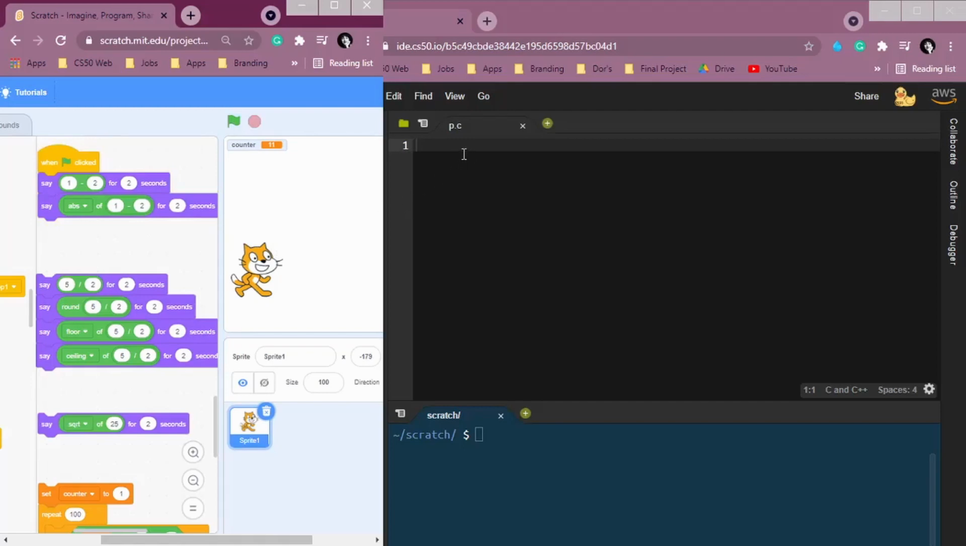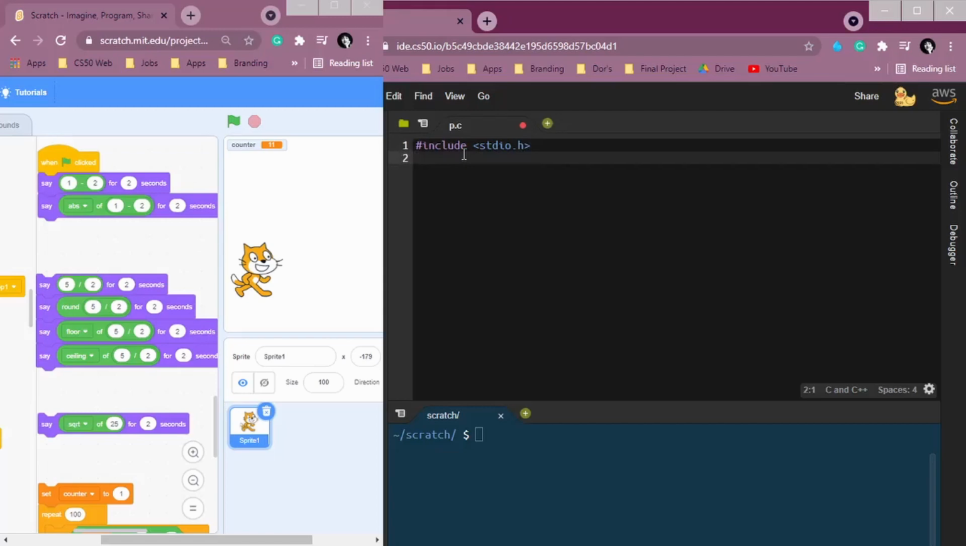So how can we do this in here? So first we have to include stdio.h, that is the standard library, and we're going to add another library that is stdlib.h, where we can get this absolute function, okay? So we have to initialize our int main void here,